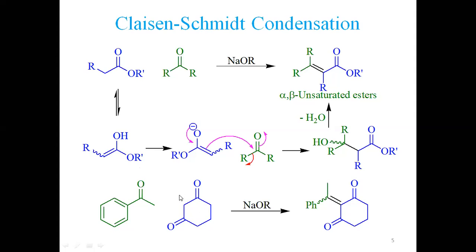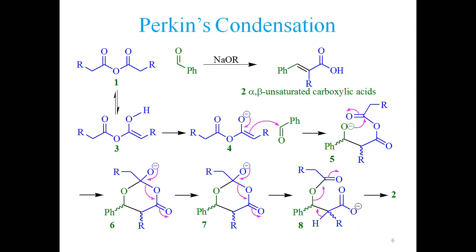So first we react this substrate with this entity and then we add this ketone dropwise. Dropwise addition of this ketone is done. Otherwise, this shall react with the enol form of this as well, making another type of enolate. We shall react with this. That is the side product, right? So this is the Claisen-Schmidt condensation, which is normally used. Now let's proceed further. The Perkin condensation. The Perkin condensation involves an anhydride rather than an ester, and it is further reacted with an